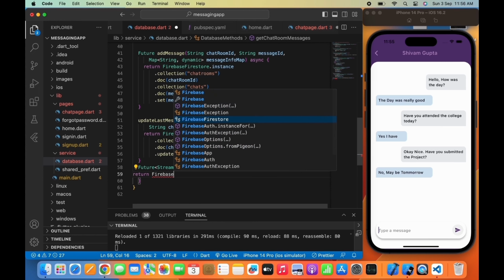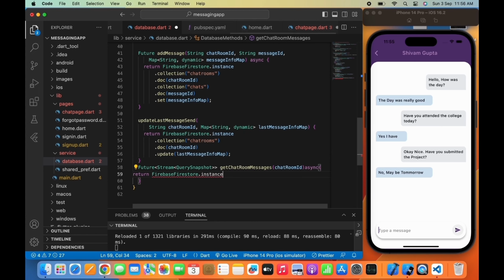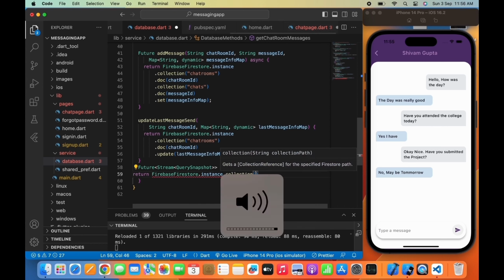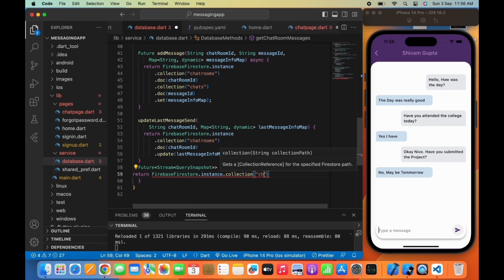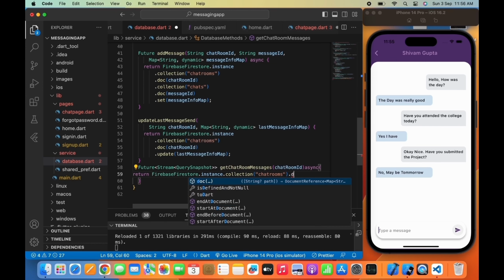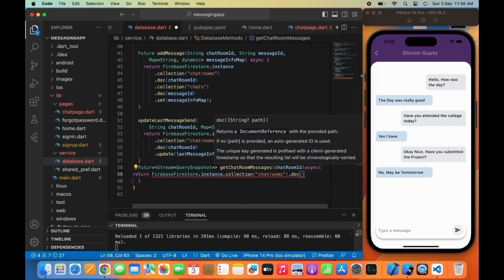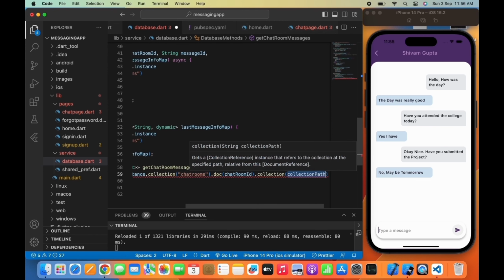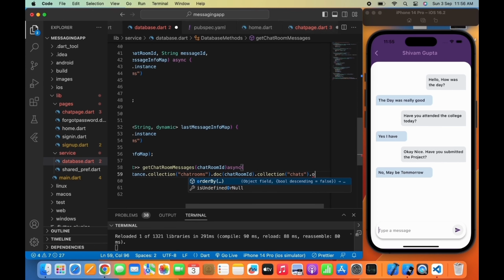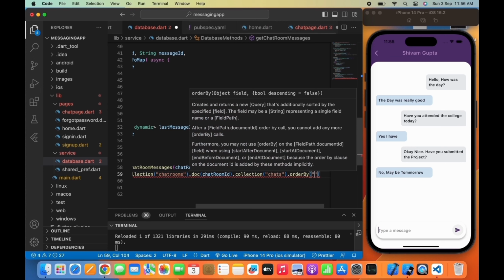So FirebaseFirestore.instance dot collection chatrooms, and we'll pass a specific chatroom ID inside the doc. Now we'll pass a collection name chats here so that we can get all the chat, and we will use